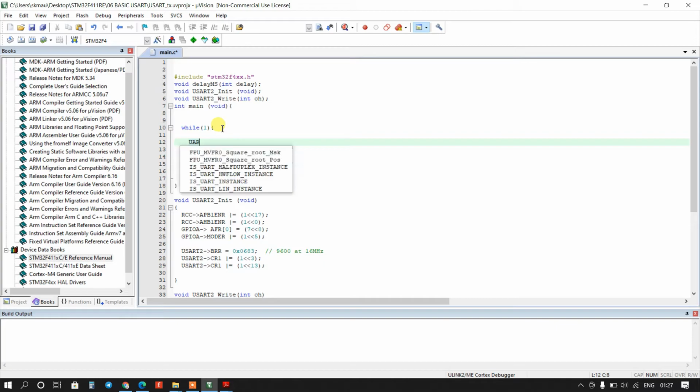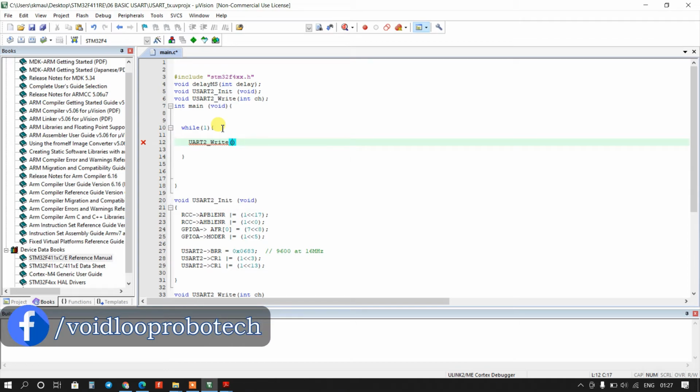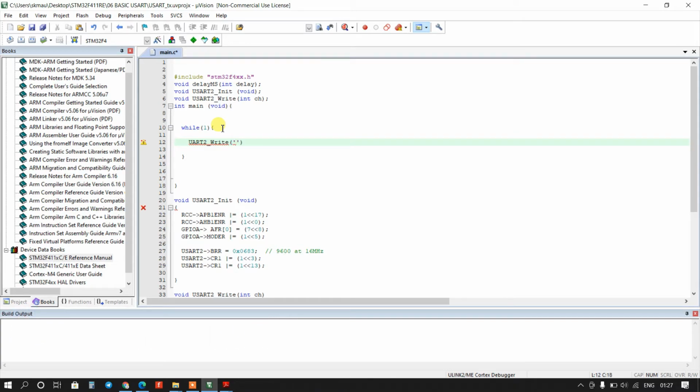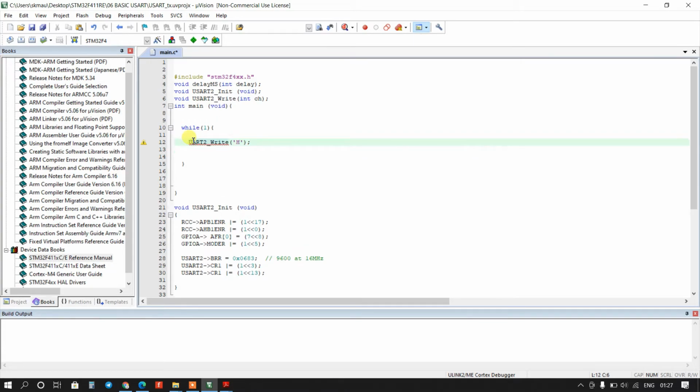Now here we will write the data. So USART2_write. Here we will type the characters H, sorry, this is USART2, and I will copy this.